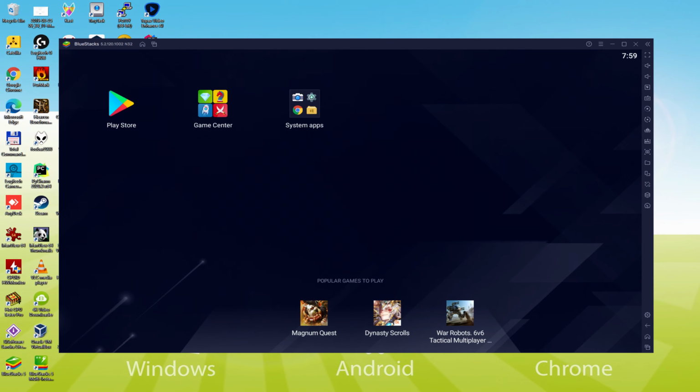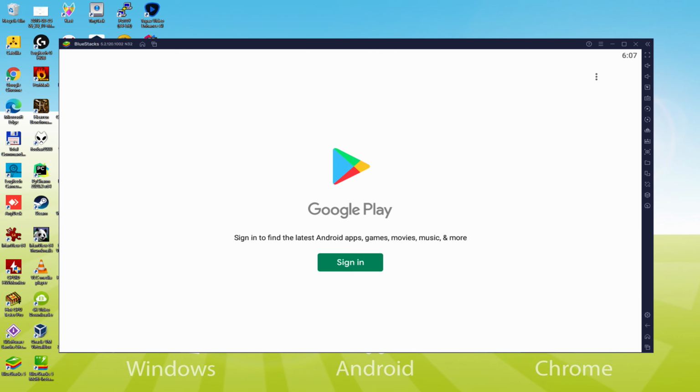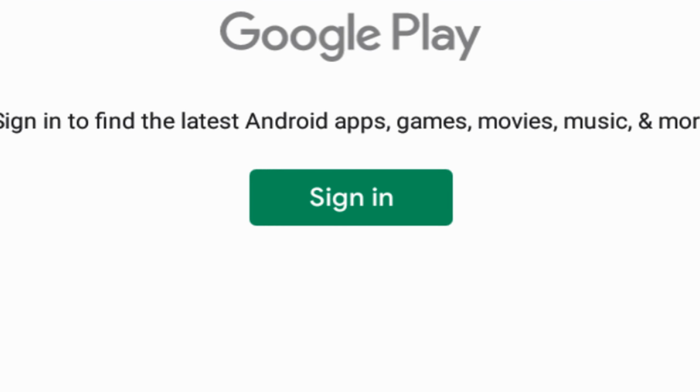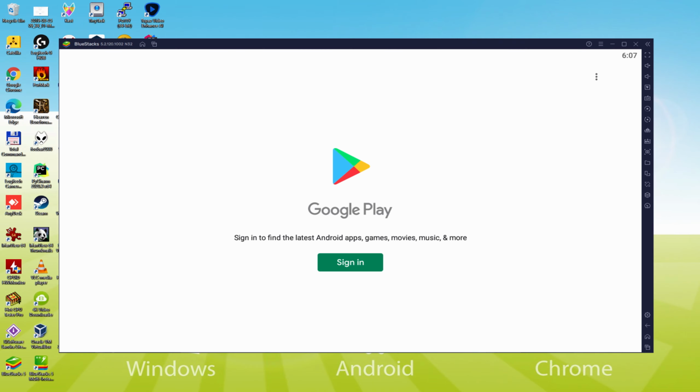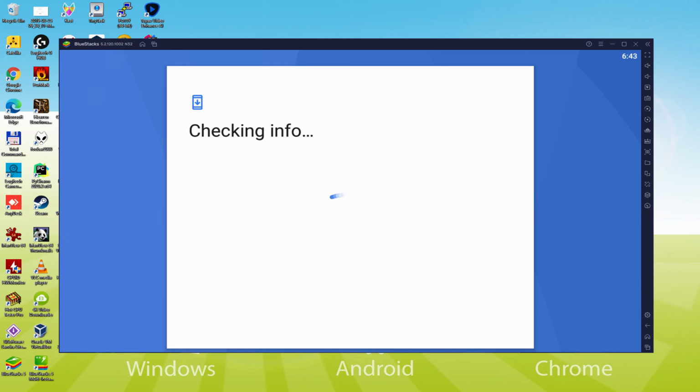Shall we do the next phase, that is a must-have, and this is to begin to browse the Google Play Store. And we'll click on Play Store. As you can see, the Google Play is launched. At this point we need to log in. So now that we're there, we must absolutely execute this next step which is mandatory. So we simply click on Sign In. Presently it says Checking Info. It might sometimes get stuck at Checking Info and not move forward.